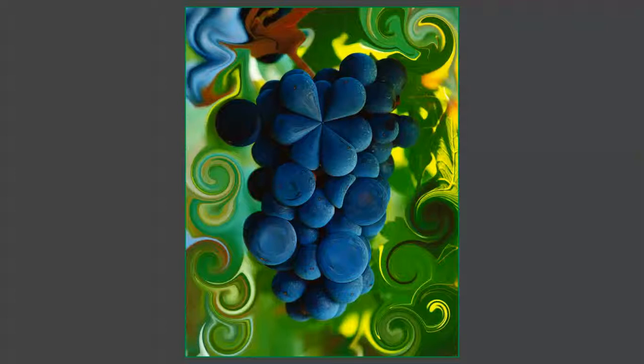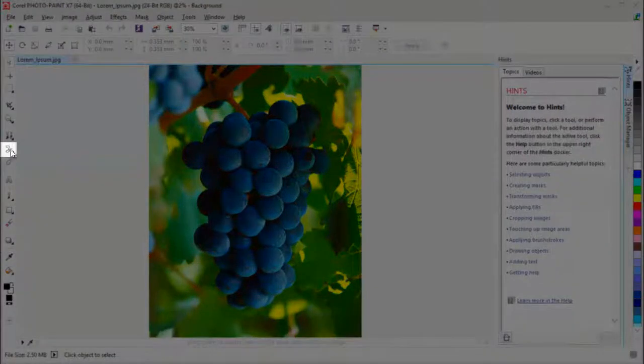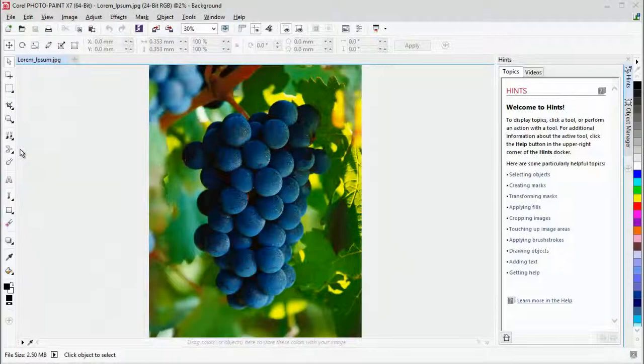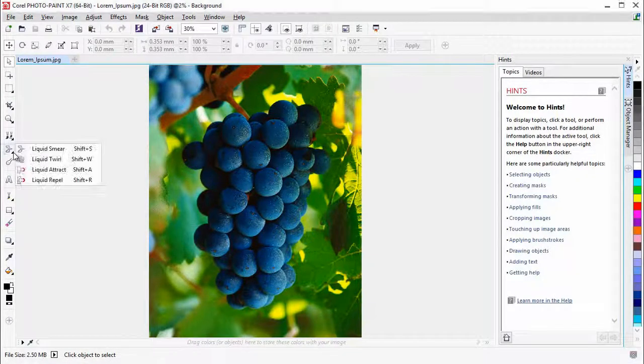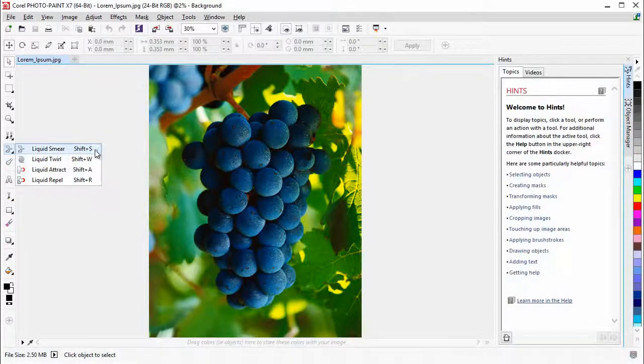In this tutorial, we will be retouching photos in Corel Photo Paint X7 using the new liquid tools to create unique artistic effects. You will find the new liquid tools grouped between the clone and the effect tools on the default toolbox. There are 4 new pressure-sensitive liquid tools: Smear, Twirl,